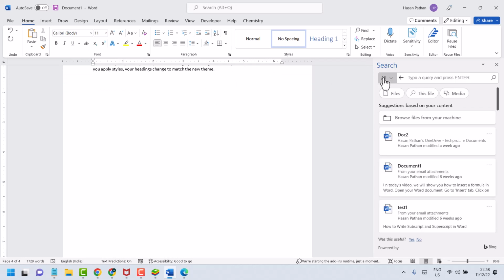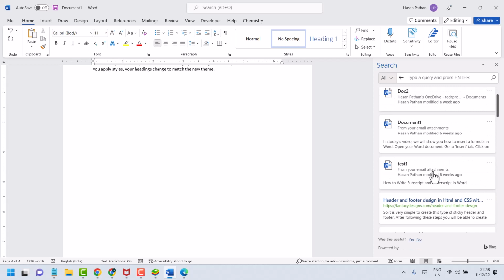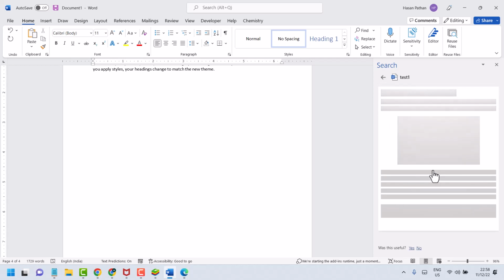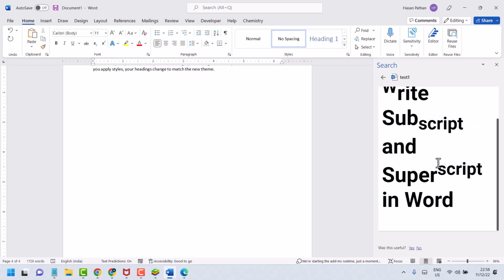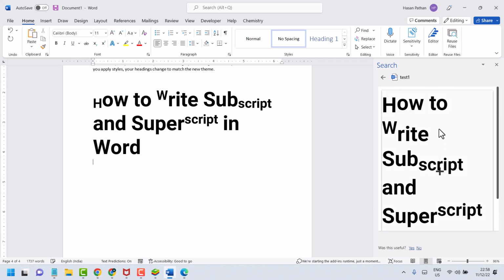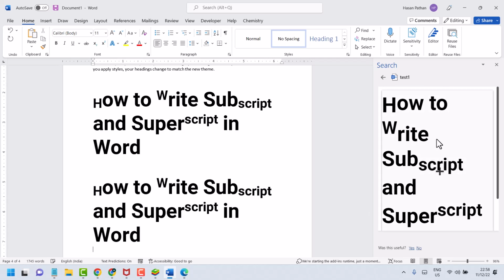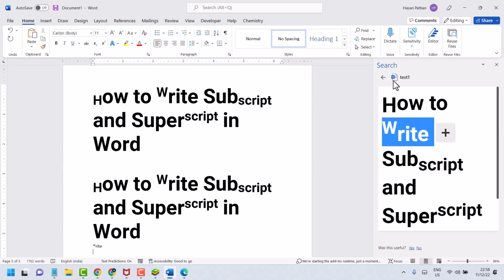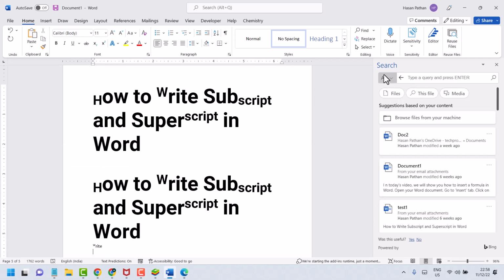Similarly, you can find another one. Check out the document that you need here and just click on it. So this way you can reuse content